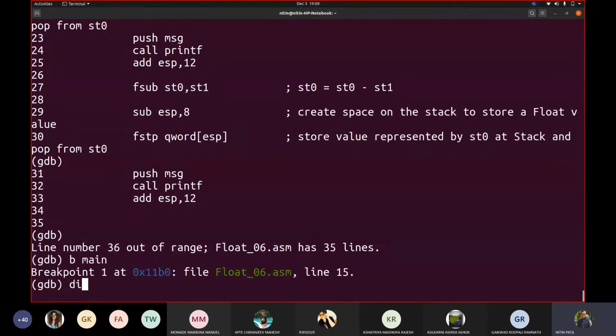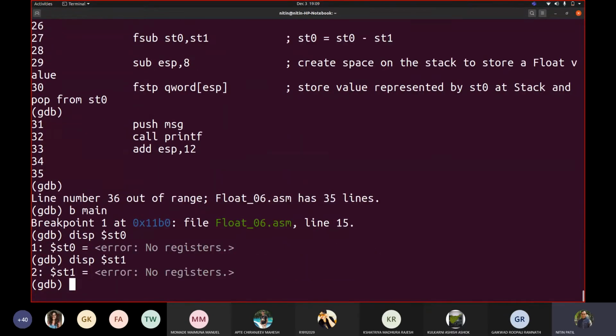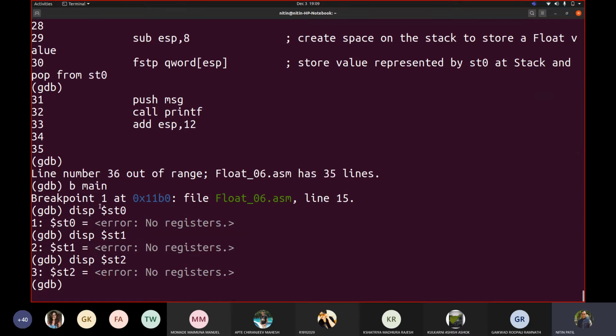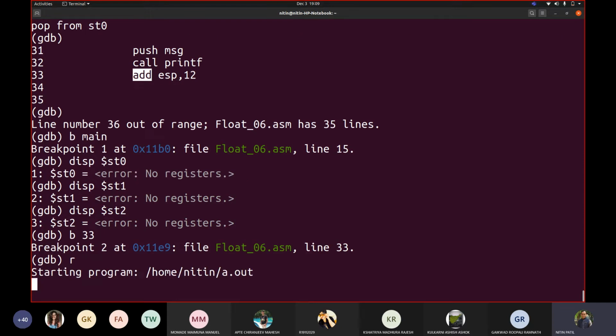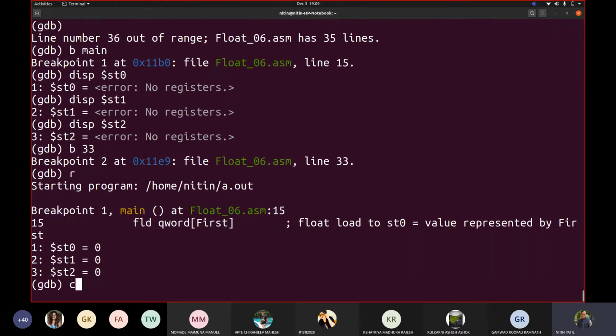Breakpoint main, display $st0, st1 and st2. So we'll add one more breakpoint at line number 33, which was the last line. Now we want to see what the contents of st0 are at that time. Fine. I am saying run and pressing c to continue. It should jump directly to our next breakpoint.